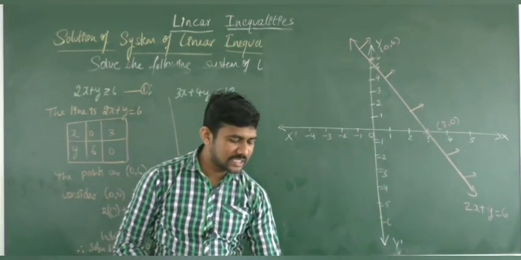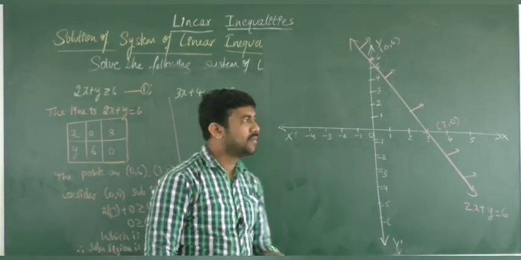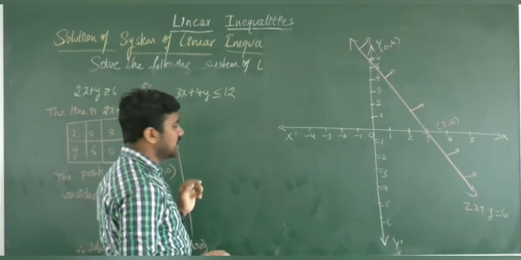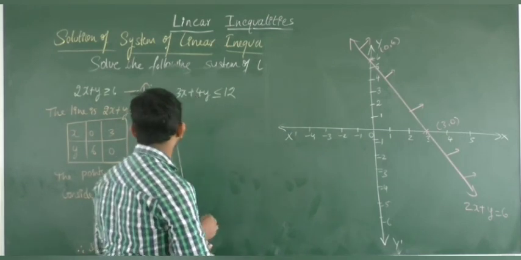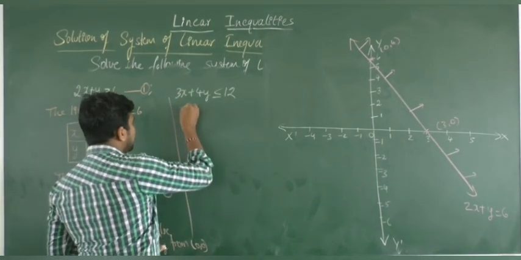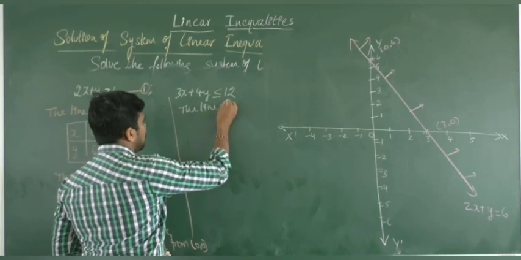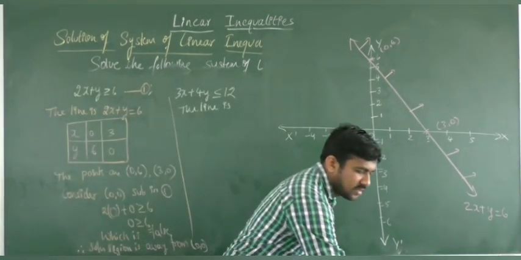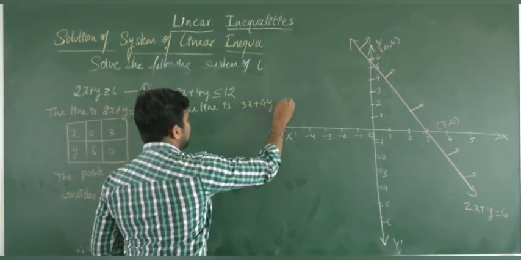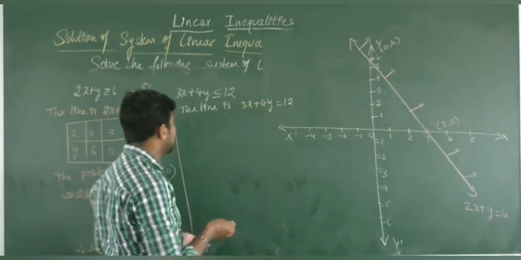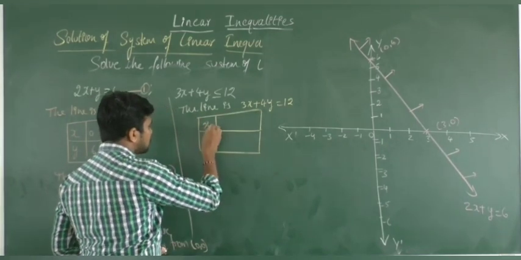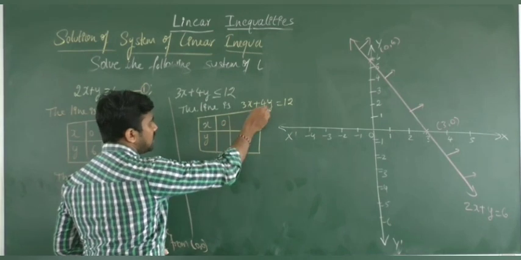Now similarly the next case: 3x plus 4y less than or equal to 12. Solve this. The line is, what is the line we have? The line is 3x plus 4y is equal to 12. Now, if you consider x is equal to 0, we will get y is equal to,